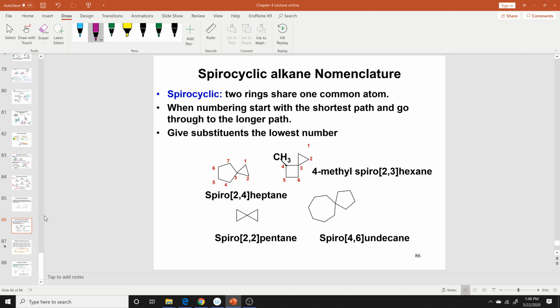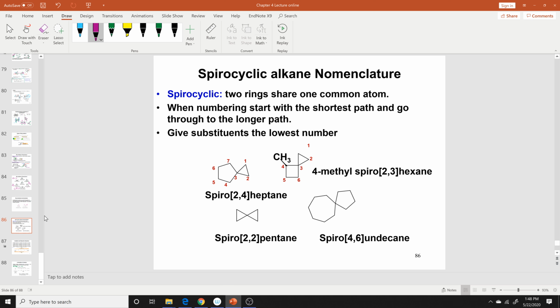With respect to the spiro, just to differentiate the naming of the spiro and the bicyclo, we're going to go the opposite. So when you start numbering, you don't number the joint carbon. Never do this. Just go ahead and number the carbon side that has the least number of carbons. So in this case, when I am naming it,